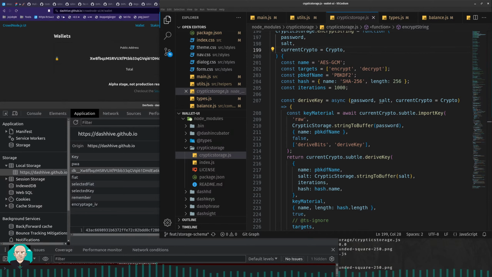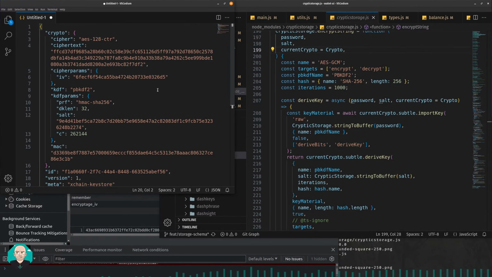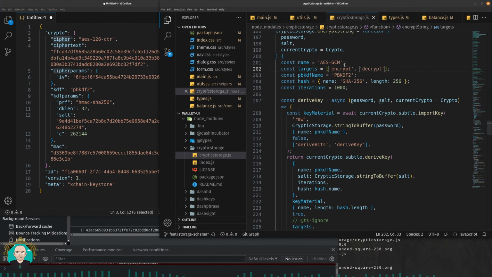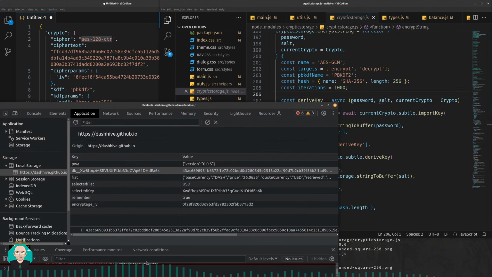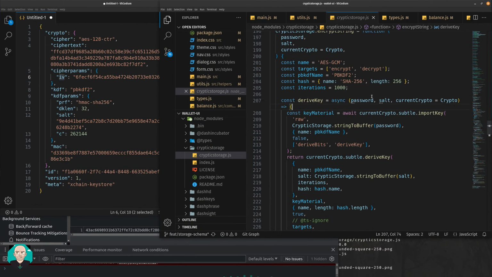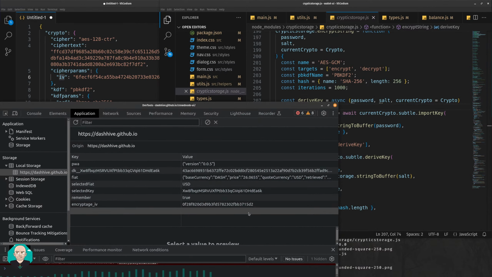Let's try this so y'all can see what I'm talking about. All right. Okay, I'll admit it. So this is the other keystore that I just generated on the Thor swap site. It's got this cipher, which I think lines up with AES GCM, but it uses AES 128 CTR. Ciphertext, I think, lines up with what we encrypted here. The cipherparams IV lines up with the IV generated here, which I